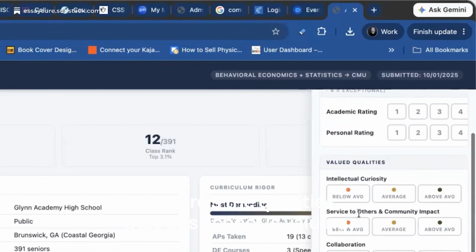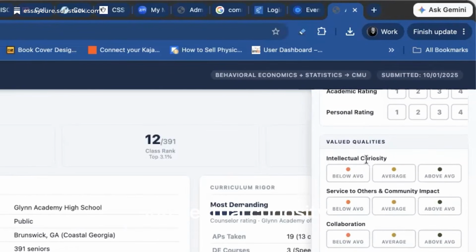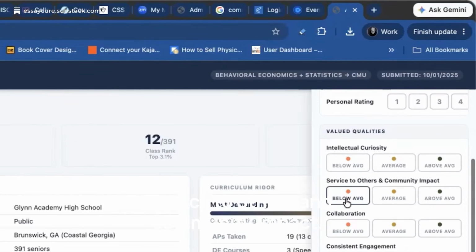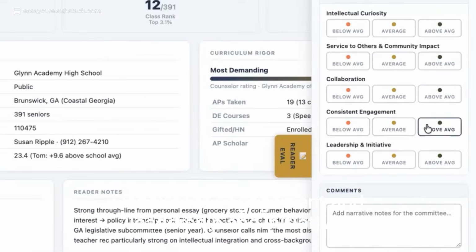So here's the qualities that this school is valuing: intellectual curiosity. Am I finding that in this student? Service to others and community impact. Am I finding that in this student? Collaboration. Am I finding that in this student? Consistent engagement